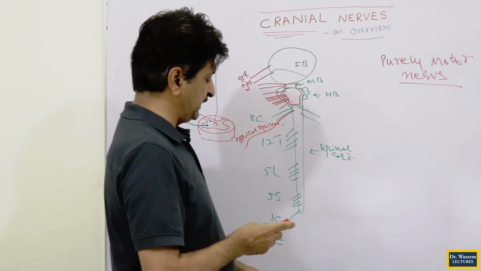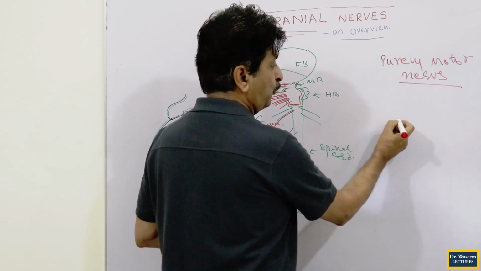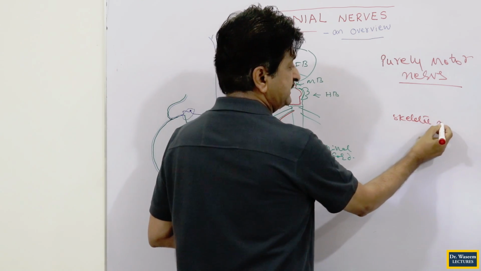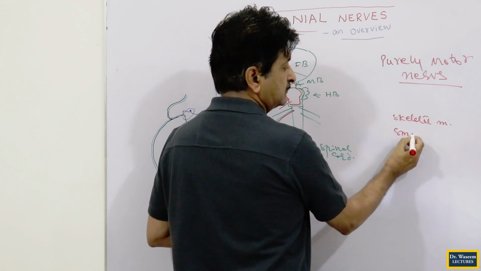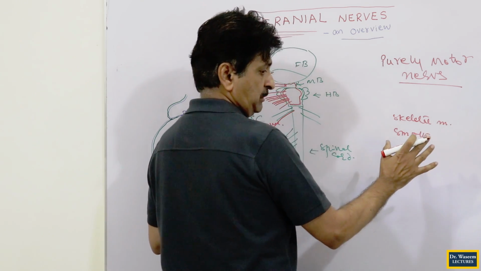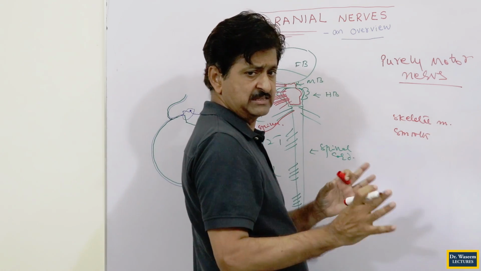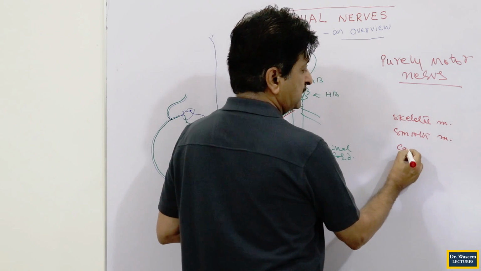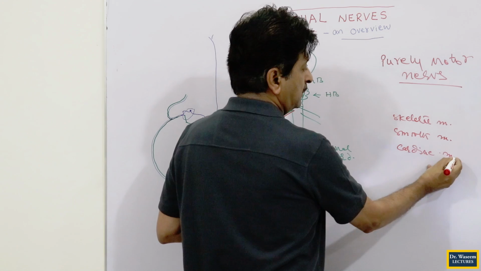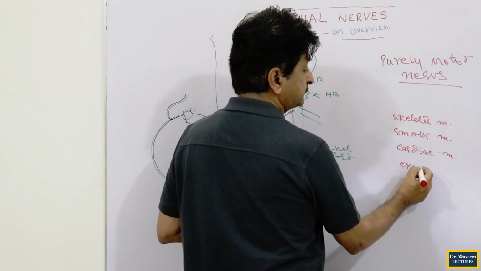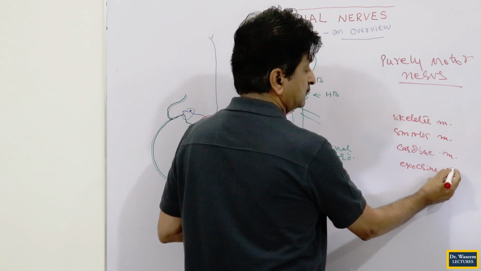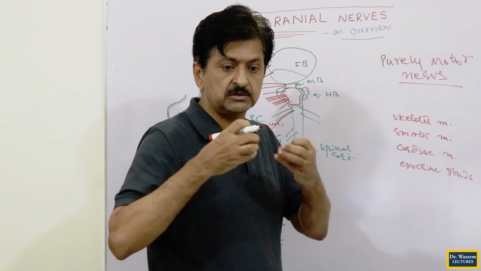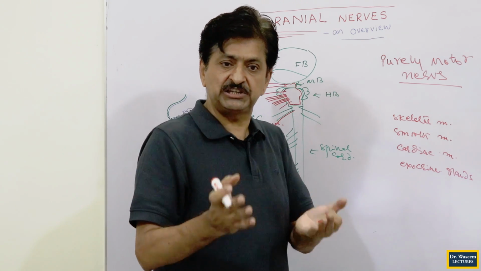Motor activity, you already know, is over skeletal muscle. Motor order means moving things: smooth muscle, cardiac muscle, and exocrine glands. How can glands be moved? When the glands are ordered, they start secreting something. This is called secretion. Secretion is also a motion.